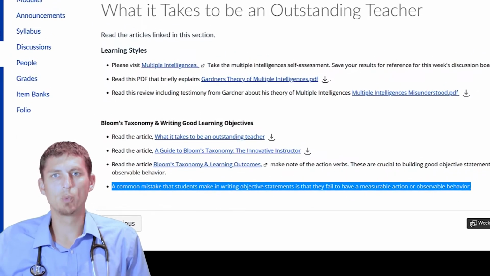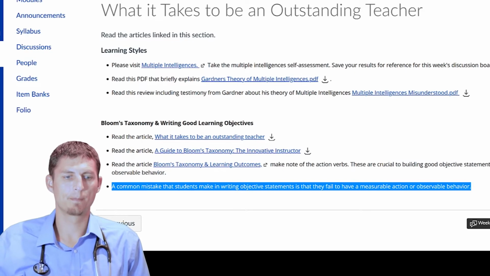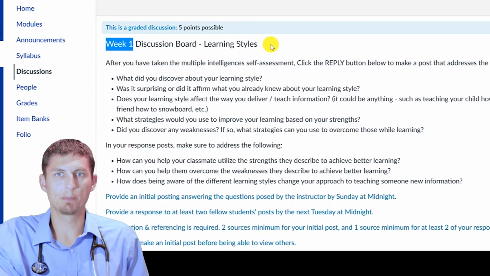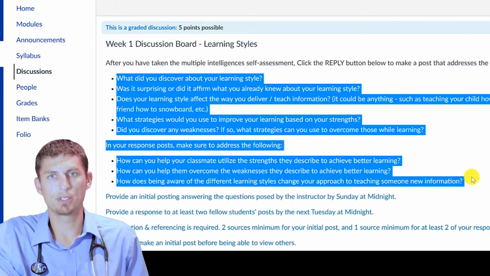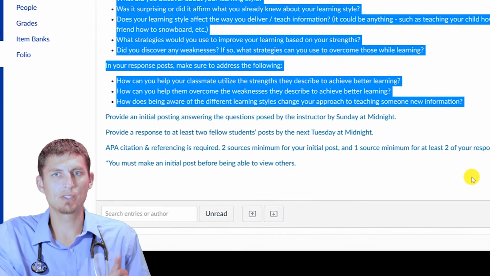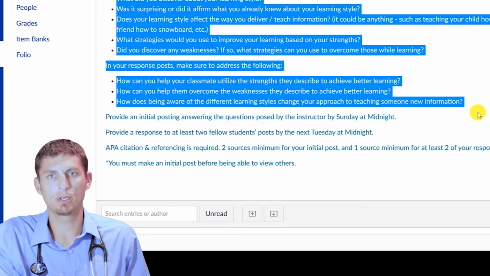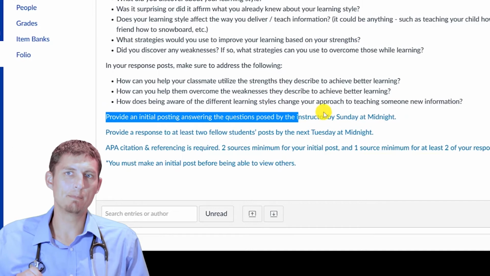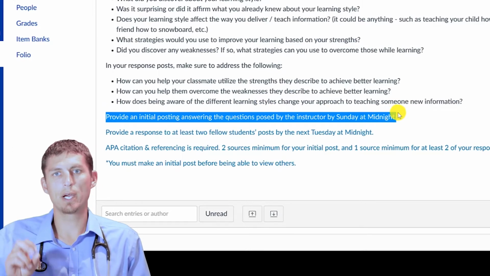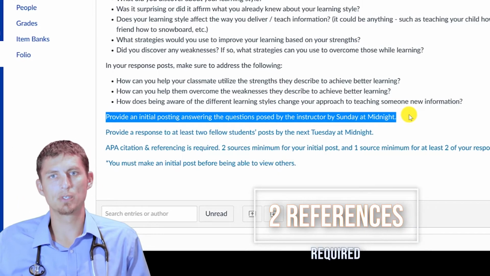The next area of the week 1 module is your discussion board. In the discussion board, I've listed several prompts for you to answer. Make sure you address all of those prompts in your discussion board posts, and consider them as you're responding to your classmates. Remember that your initial post is due Sunday by midnight, and it requires 2 references to be cited